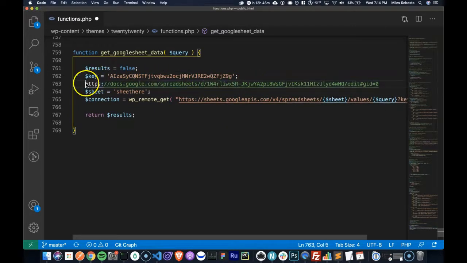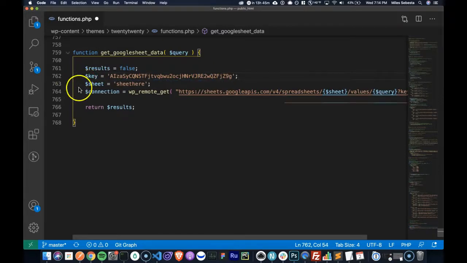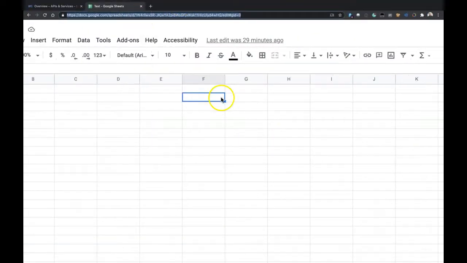And I'm going to delete this first part all the way up to the /d, and then delete this right here. So that is actually my sheet. That string right there is my sheet. So again, that's up here. Right there.